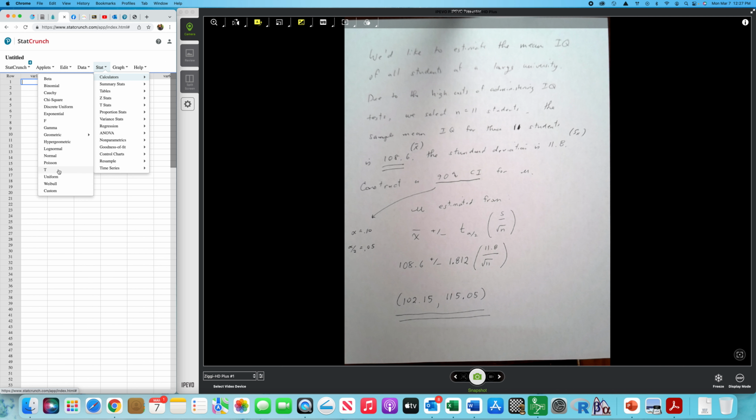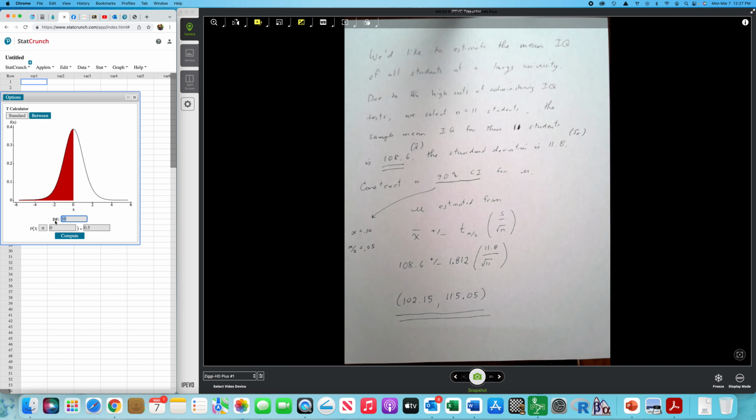Go to calculator, go to T. Our sample size is 11, so our degrees of freedom are 10. We always want above when calculating these, and we need not 0.5, but 0.05. 1.812, so that's the value that I put